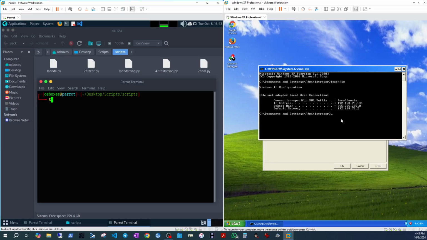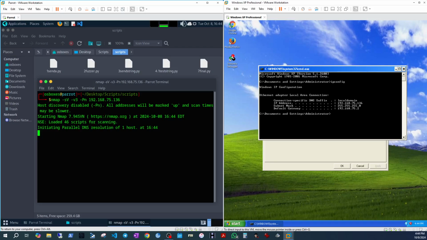Here it makes sense to scan the victim, and for that we are going to use an Nmap scan with the following parameters: -sV, -v3, -Pn, and we are going to enter the command to see what Nmap tells us,